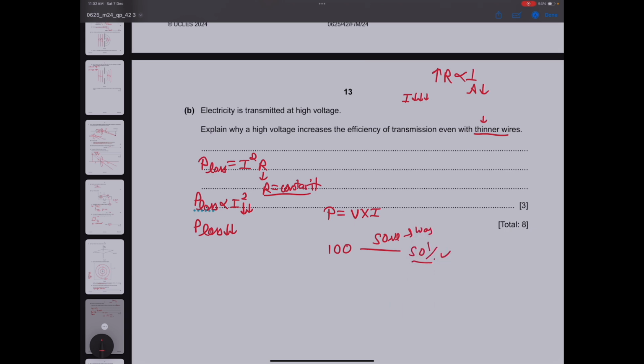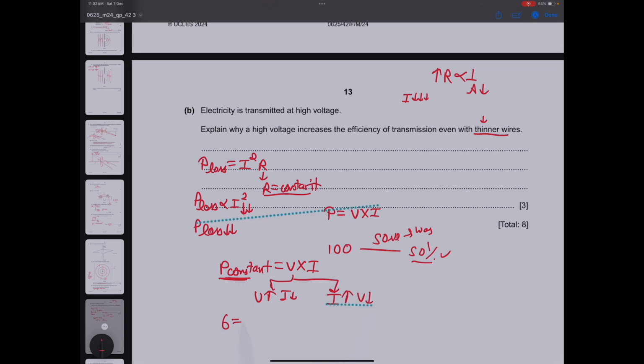What do we strive for? We strive that whatever we have produced, we utilize it in some way or the other, minimizing the loss, right? We want least loss possible. So we want power to be nearly constant. The power you are generating and supplying, we want it to be nearly constant. So power is equal to V into I. Now you can think of it in two ways. You can increase the voltage, decrease the current, or increase the current, decrease the voltage to maintain the same power,